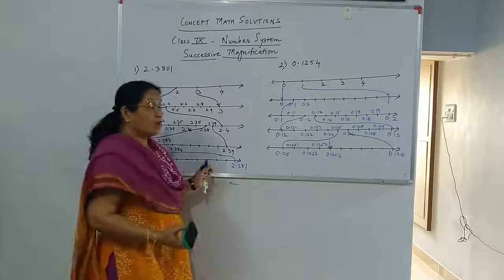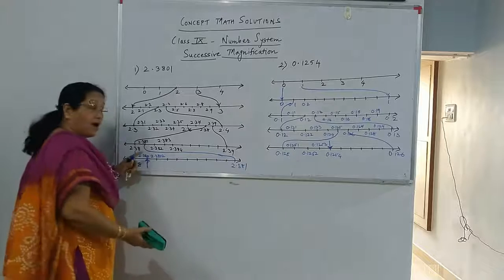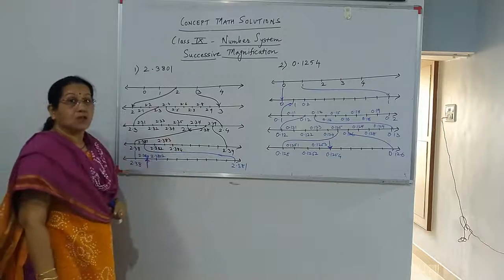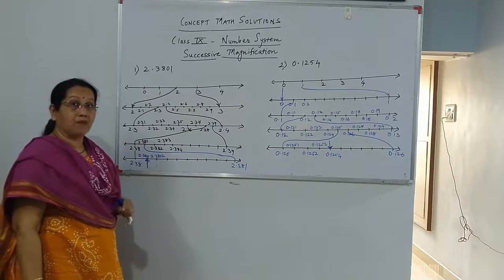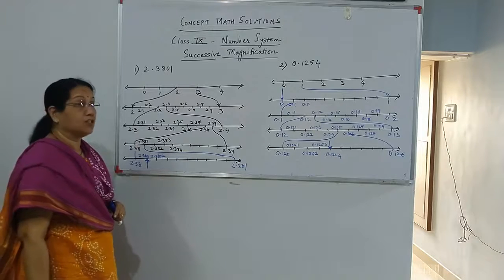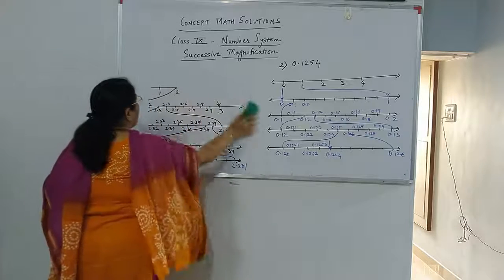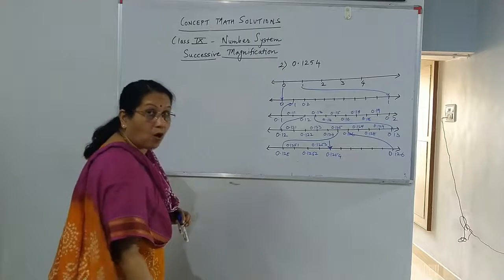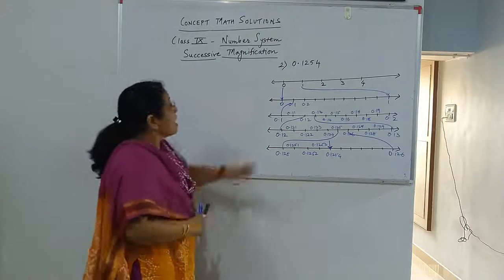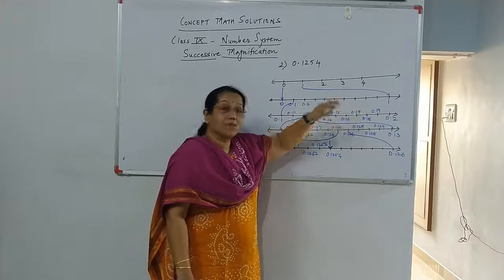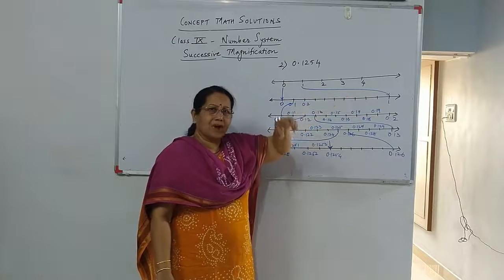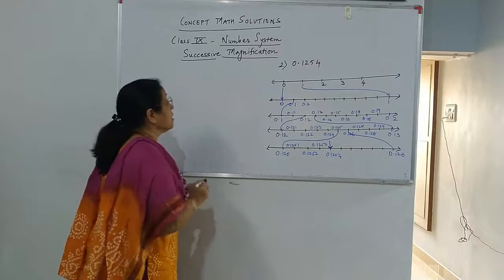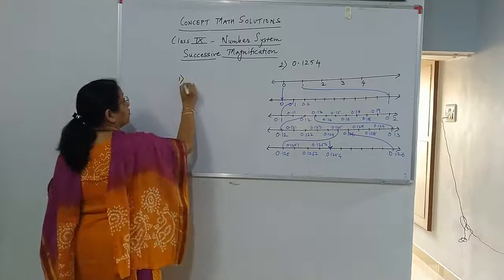And you are going to work on this. I want you all to pause the video for 10 seconds and copy these two so that I can give you homework as 5 questions for successive magnification. Note them down and draw neatly with pencil and scale. I have made the 10 parts. You can make 10 parts using a scale, 1 centimeter as one part or half a centimeter as one part as per your choice.